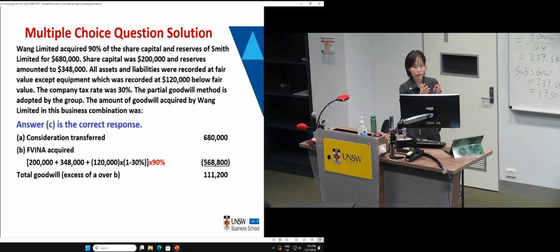When you double check your answer, you find, oh, I forgot to multiply 70%, or I did, okay, and I also correctly multiplied the percentage of parent's ownership interest in subsidiary to get the amount acquired. So these two might easily get messed up in the calculation. Yeah. So just be very careful.